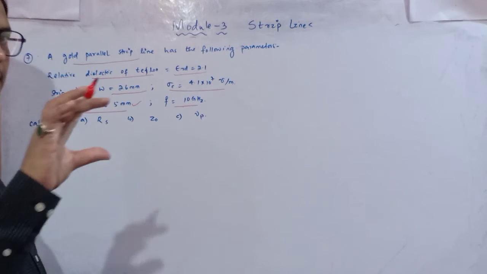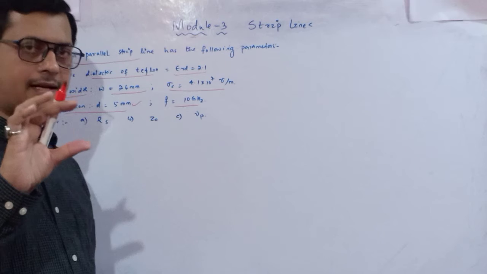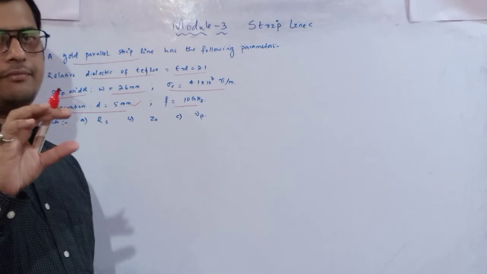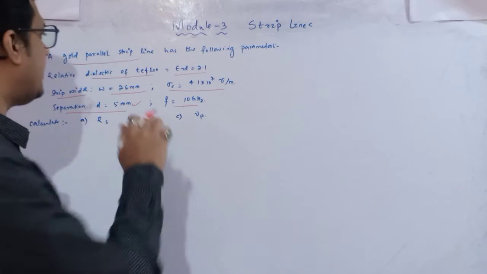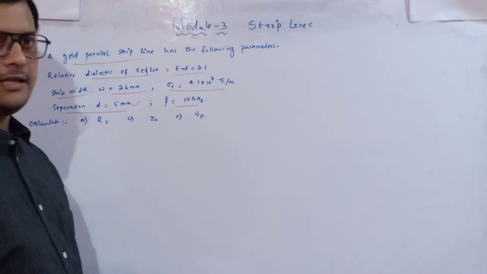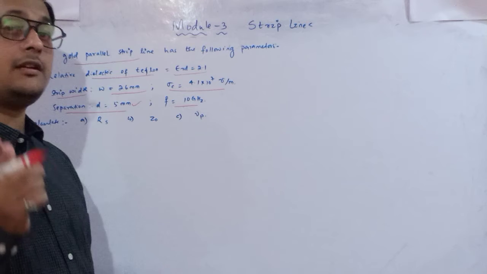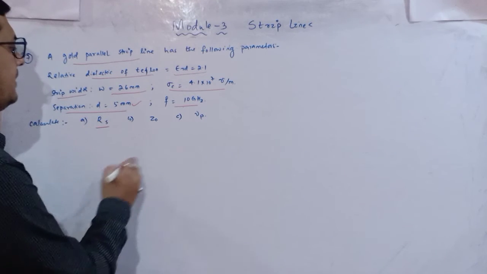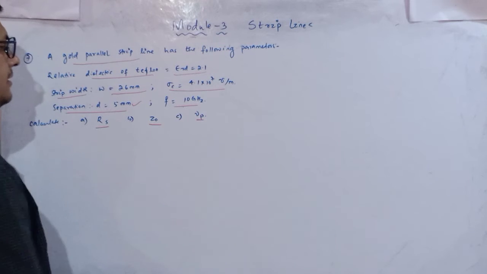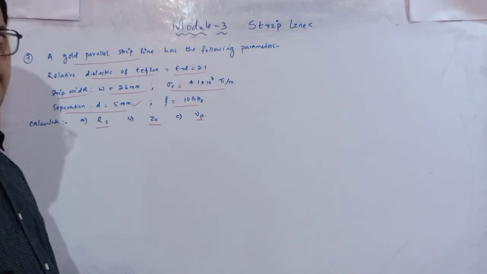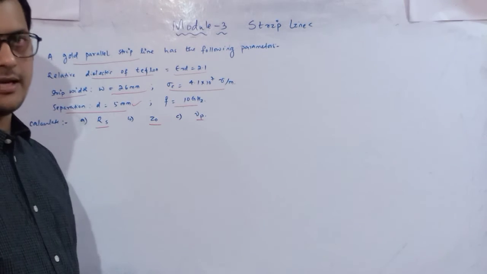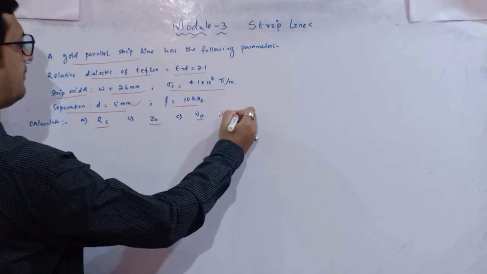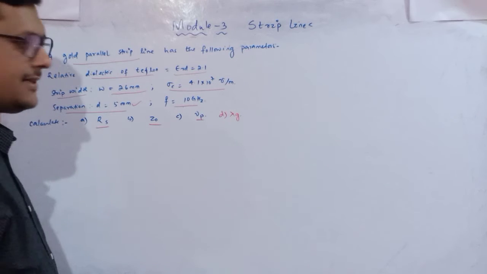Okay, so two parallel plates are there. Those plates are made up of gold and the separation is identified with the dielectric material, that is Teflon, whose value is given. The conductivity of gold is also given. Okay, and we have to identify the surface resistance, characteristic impedance and phase velocity in a very easy manner, as well as we can determine the guided wavelength also. How to proceed? It is an easy one. Let's see.